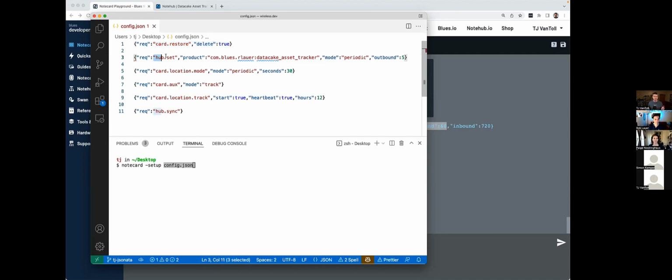I've got my hub.set command. This is the same thing I ran in the browser, other than I cranked the outbound way down to every 5 minutes because I want to be seeing data frequently, have things actually show up on a map. Card.location.mode, same thing again, other than I cranked the seconds way down. So we're going to be taking a GPS reading every 30 seconds, assuming I can find some good signal